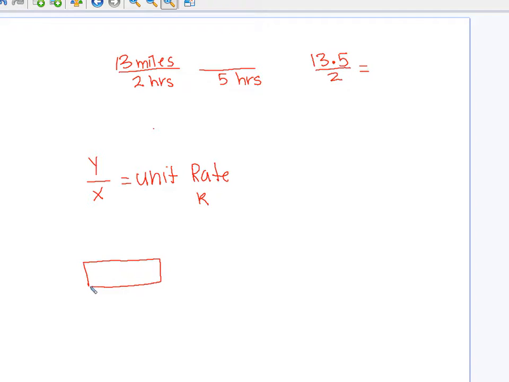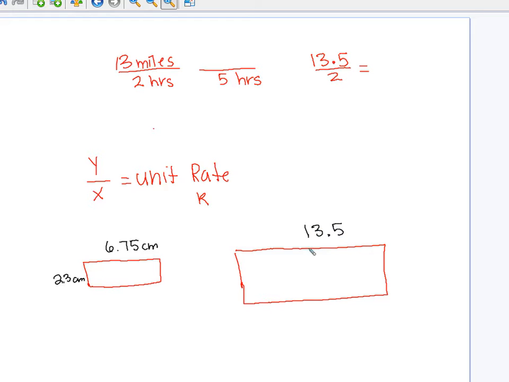The last type of question they're going to have will be two rectangles. And here's the measurements for this one. And here's the measurements for this one. The question is, if the two rectangles are proportional, then what is the length of side W? Well, all they have to do is take 23, make a rate,